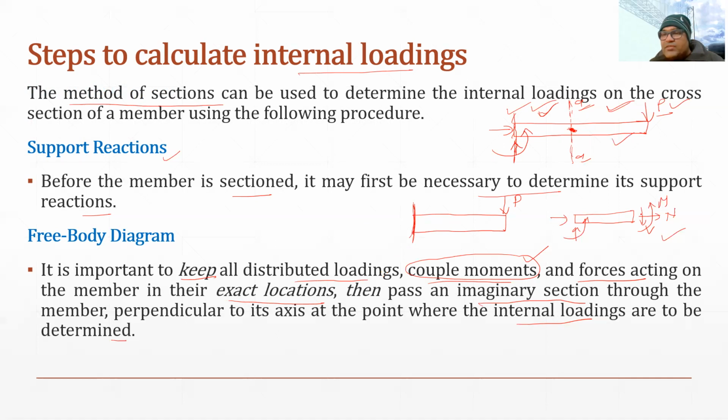So here on the left hand side I have made shear force as downward, so here it will be upward V. Similarly, I have made this as anti-clockwise, so here it will be clockwise. Similarly, the normal force, here it is left to right, so here it will be right to left